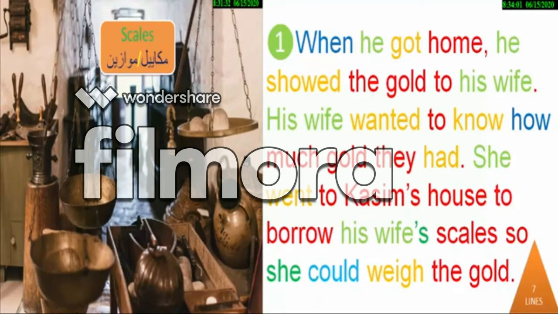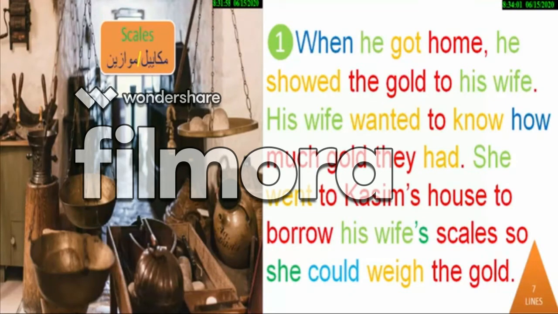To borrow لكي تستعير his wife's scales لكي تستعير مكاييل أو موازين زوجته. لاحظ هنا موازين ومكاييل في ملكية الزوجة. To borrow لتستعير to borrow his wife's scales. لماذا؟ So she could حتى من she it refers to علي بابا's wife حتى تتمكن زوجة علي بابا حتى تستطيع so she could weigh أن تزن the gold الذهب. We'll repeat